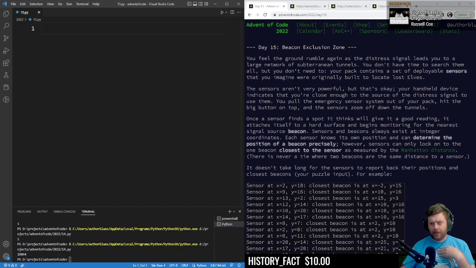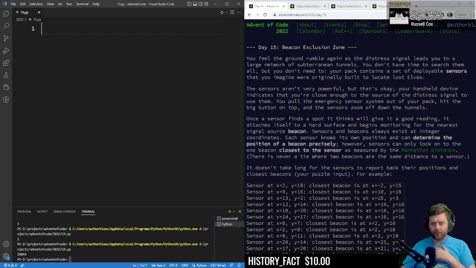Feel the ground rumble again as the distress signal leads you to a large network of subterranean tunnels. You don't have time to search them all, but you don't need to. Your pack contains a set of deployable sensors that you imagine were originally built to locate lost elves. Sensors are very powerful, but that's okay. Your handheld device indicates you're close enough to the source of the distress signal to use them. You pull the emergency sensor system out of your pack, hit the big button on top, sensors zoom off